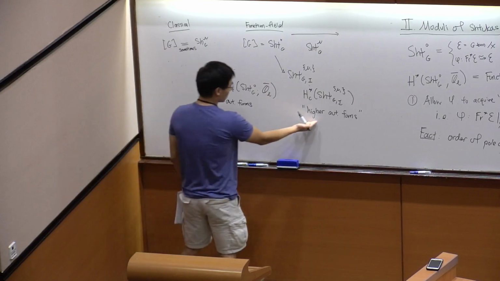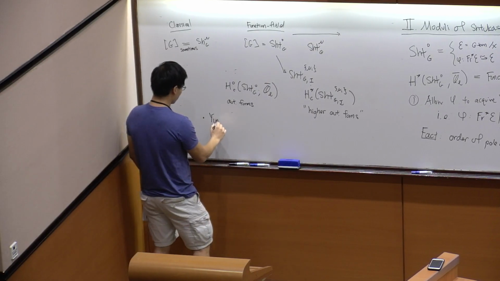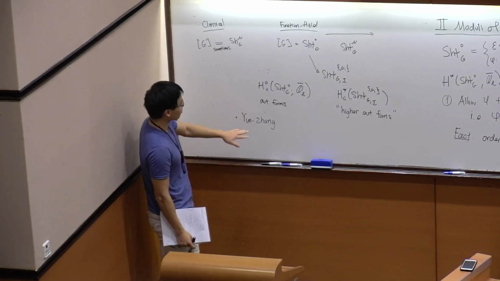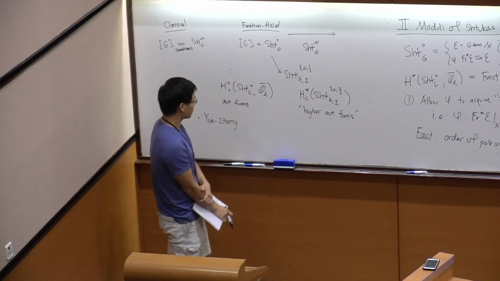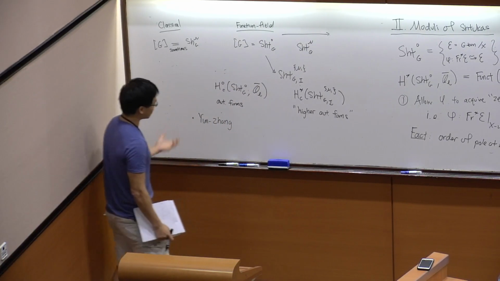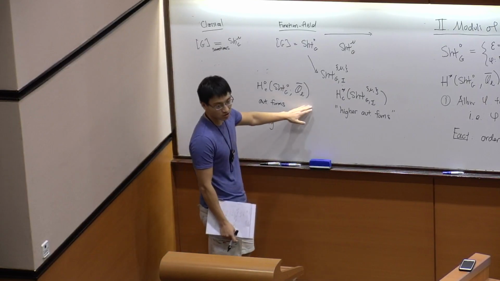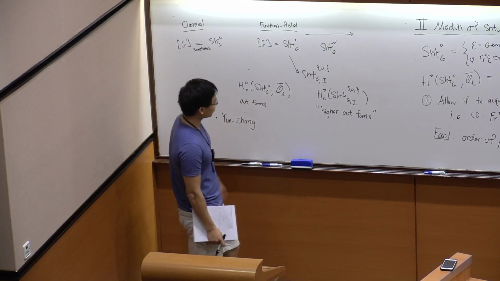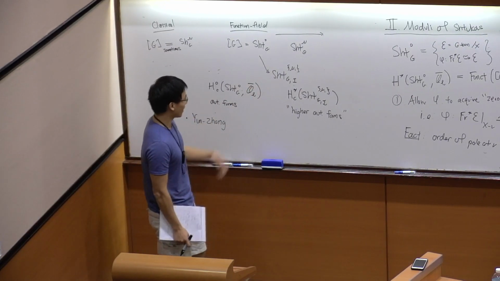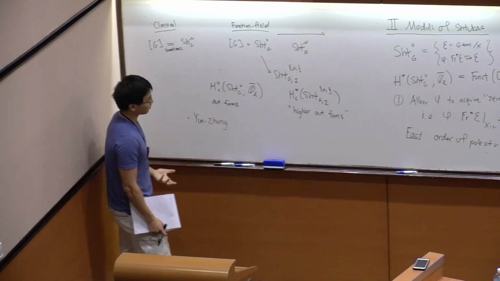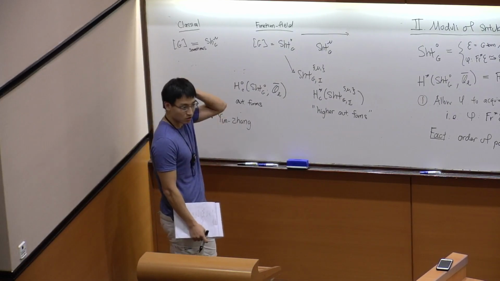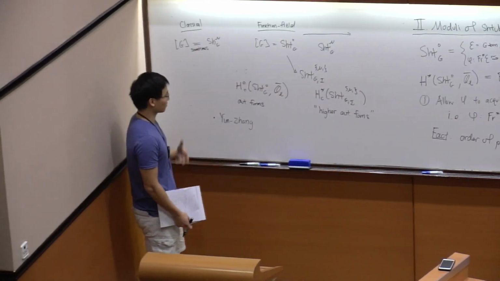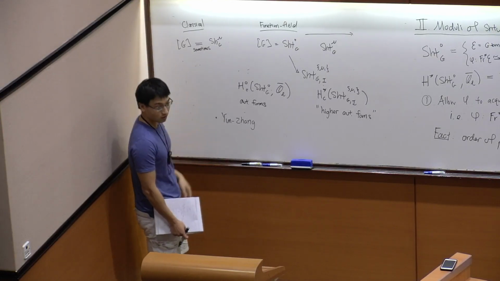And I want to mention that maybe it was Yun and Zhang who coined this name. One of the reasons we use the words higher automorphic form is because they showed that in some settings where classically you'd expect a period integral of an automorphic form to be related to a special value of an L-function, they showed that the analogous period integral of a higher automorphic form is related to the special value of a higher derivative of an L-function. So we see that there are some surprises popping up from using these things, which one doesn't have any way to formulate classically.